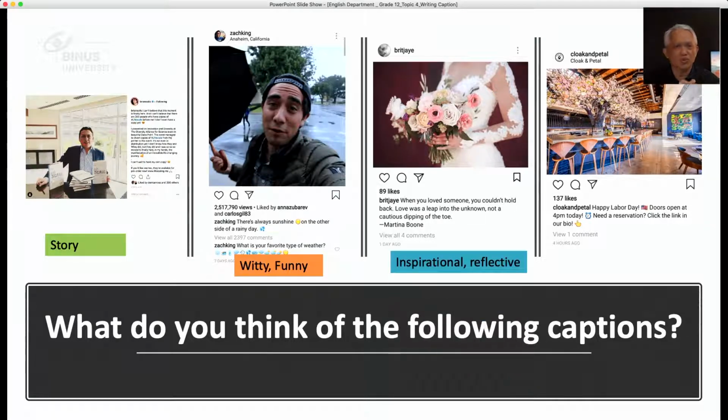What about the third one? Some people love to use quotes in their captions, and this bride, the soon-to-be married lady, likes to use quotes because perhaps on her most important day, it's something that she needs to reflect upon. Therefore, for some audiences, it can be inspirational. What about the fourth one? For some, it's simply information that they would like to share. That's why, by nature, it is informational. Those are the 4 kinds of captions that you can find. But there are perhaps some others that you can think of. What can you think of?